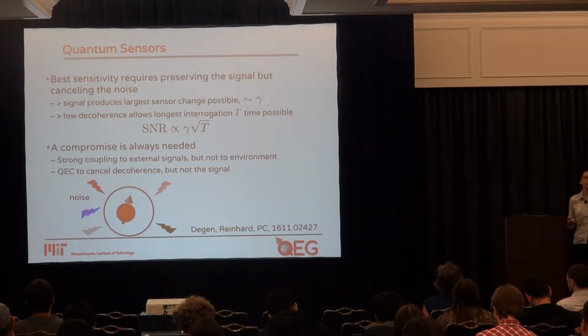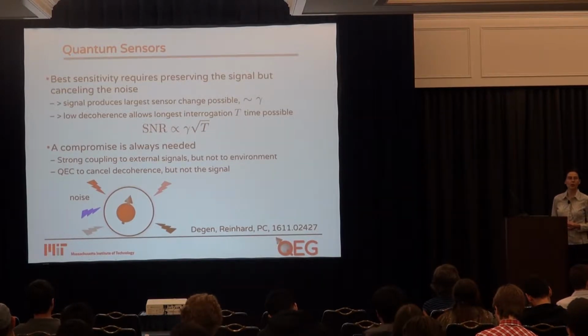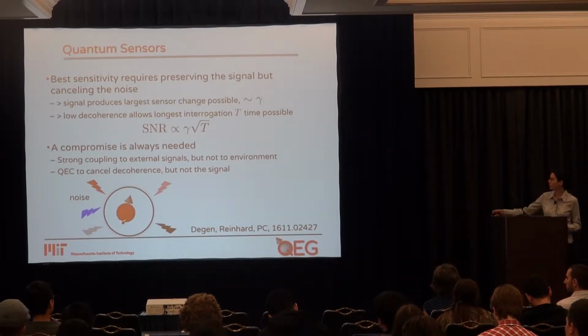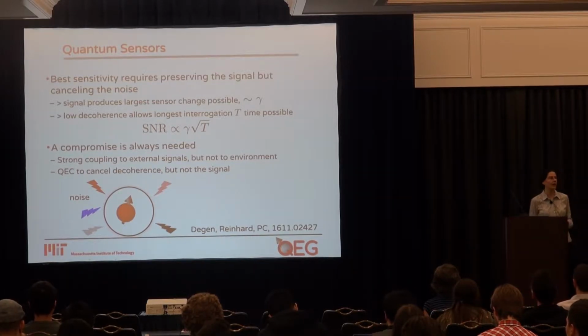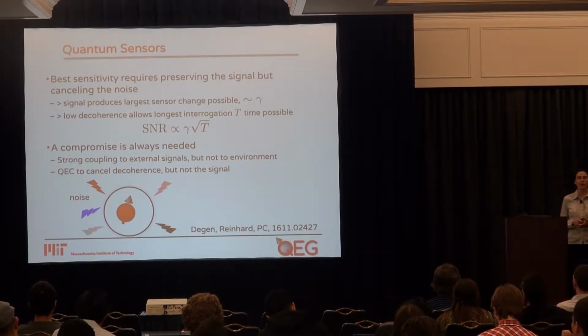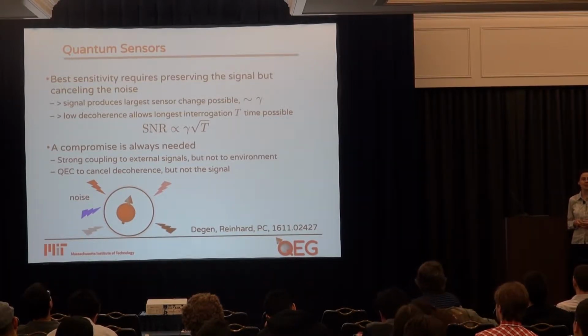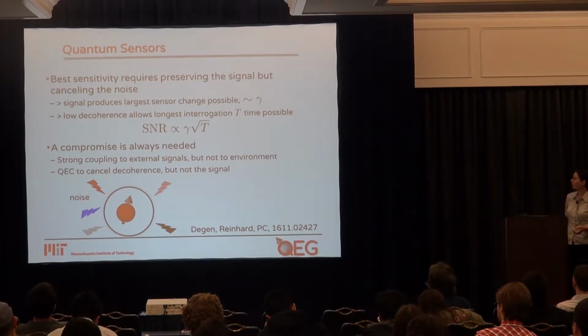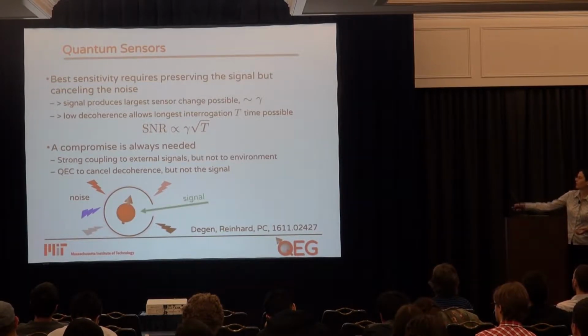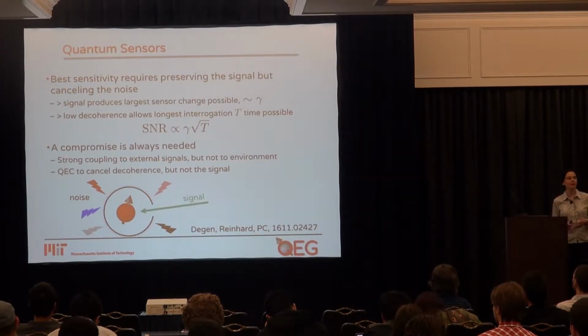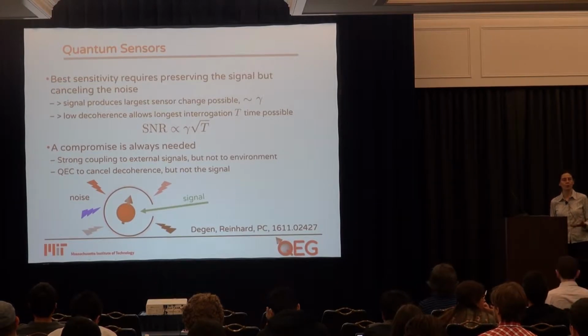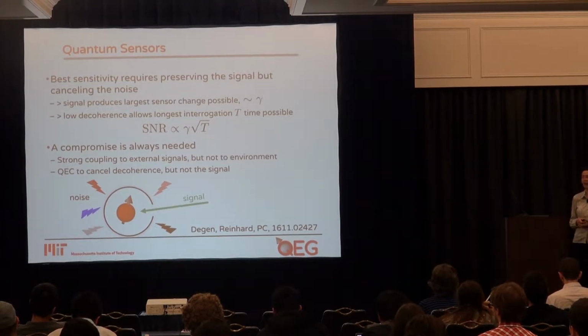So maybe it's a nuclear spin, so inherently it's very isolated from external environment. Or maybe we are putting some kind of shield around it with some active control in order to prevent the noise to interact with it. But at the same time, and somehow magically, I would like to open a hole inside my shield so that the signal can pass through and can couple very strongly to the sensor so that I have very good